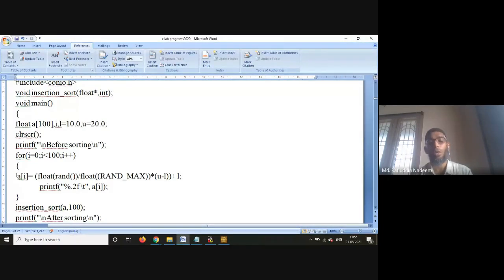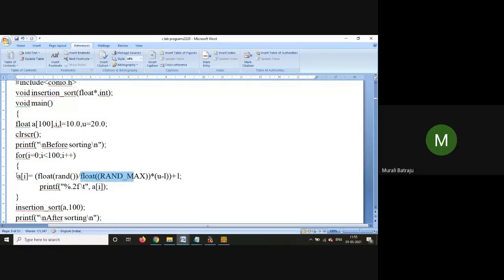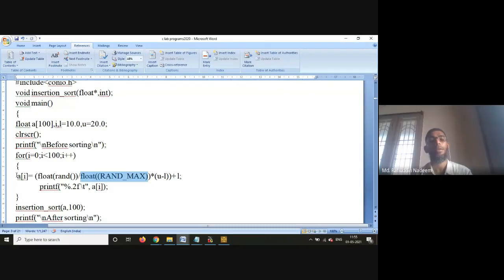So float of rand, some random value generated here, divided by float of RAND_MAX. RAND_MAX gives the maximum value that can be generated. Then I multiply with U minus L, which is 20.0 minus 10.0, so I'm multiplying with 10. Whatever value is obtained, I add L to it.